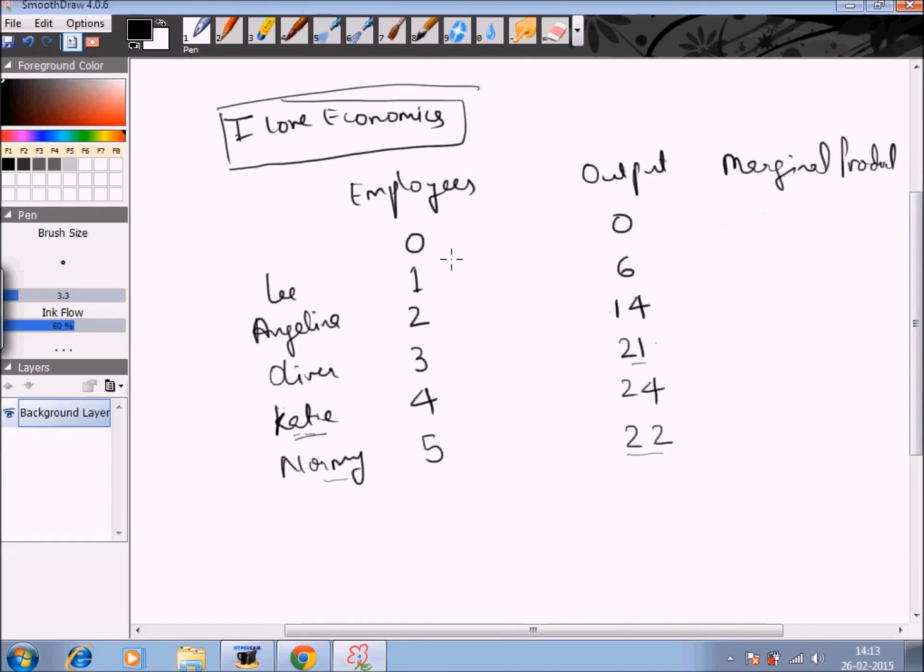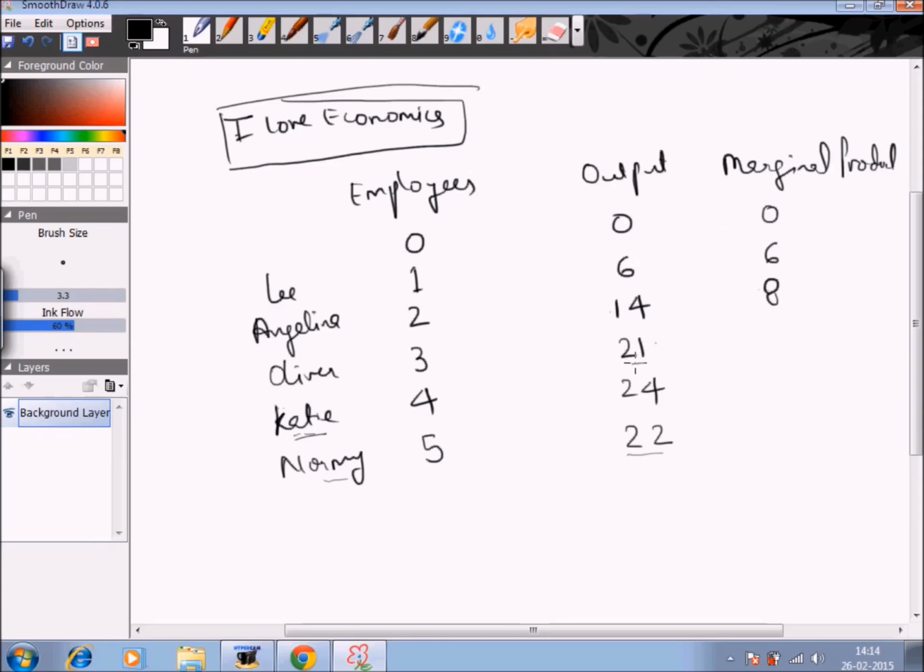When the employees were 0, the output was 0, so the marginal product will also be 0. When I employed one person, the output is 6, so the marginal product is 6. When I employed 2 people, the output is 14. So the per person output is 14 minus 6, that is